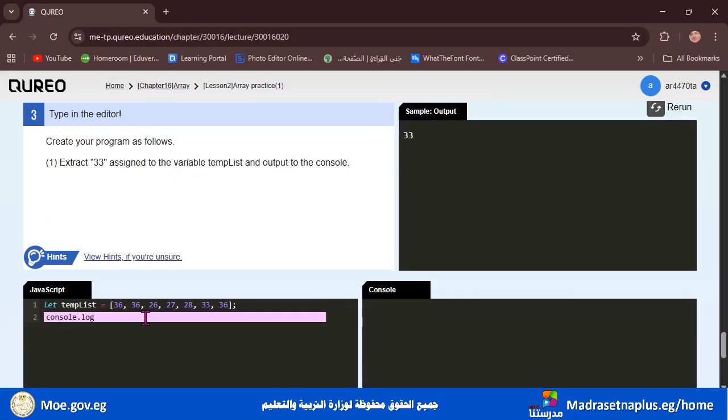And remember, after that, what should we do? Open the parentheses, write temp list, open the square brackets,